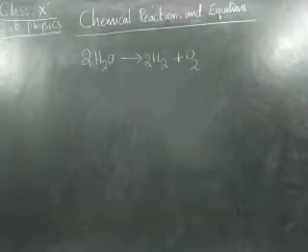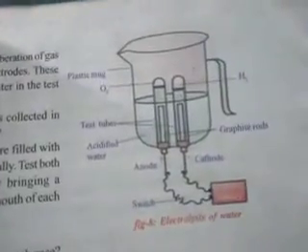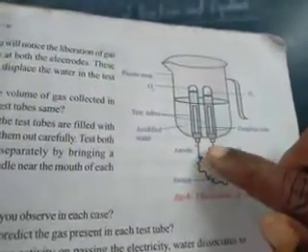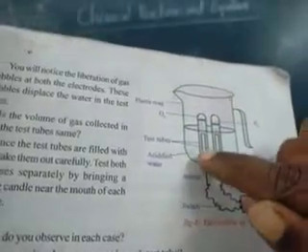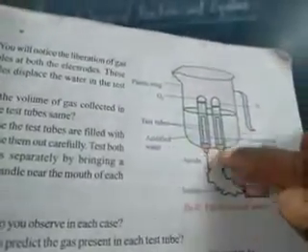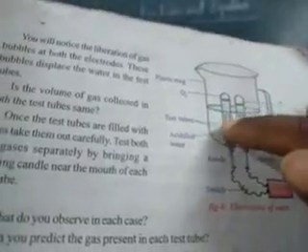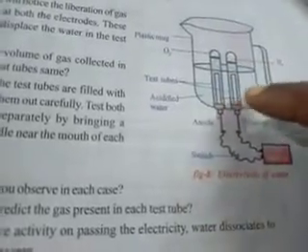Here it says take a plastic mug, drill two holes at its base, at the bottom, like this. Here we are keeping two electrodes. On these we invert two test tubes, and we add some water to it, and to this water we add a certain salt. Why? Pure water doesn't conduct electricity, therefore we add some salt to it.